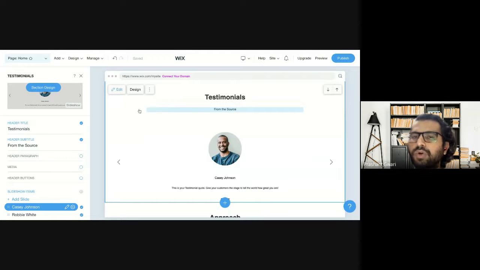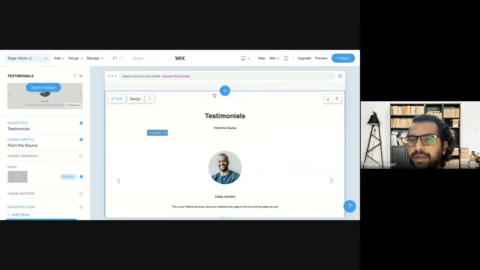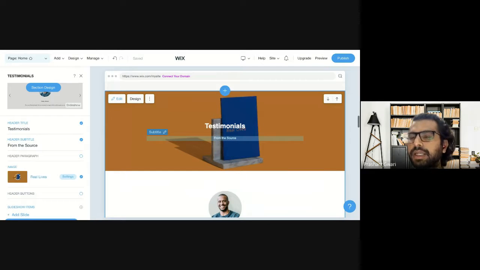If I want to, I can click here on a media and an image will appear from here to here, this section as a background. Let's try it, maybe make it really good. So if you want to go with this, you can also go with that. Otherwise, you can untick this box.